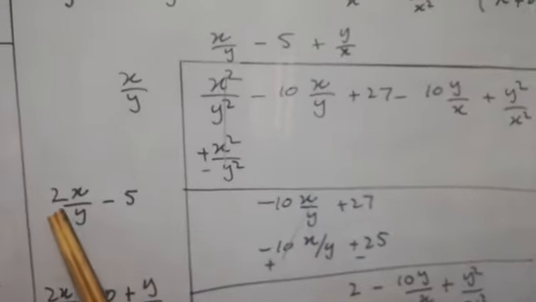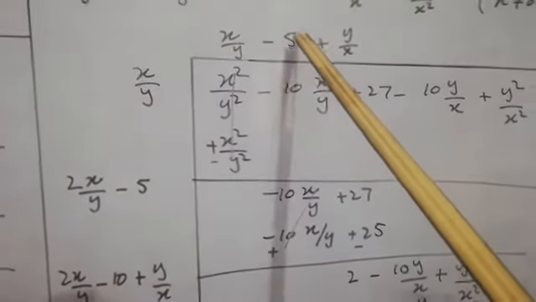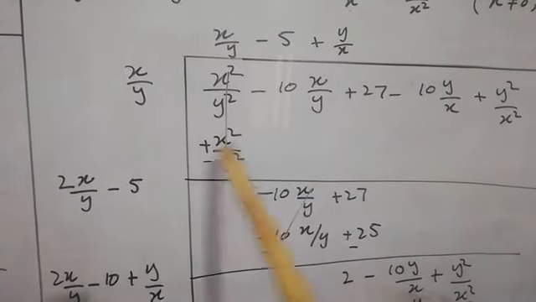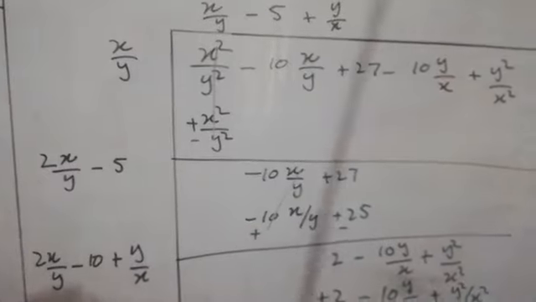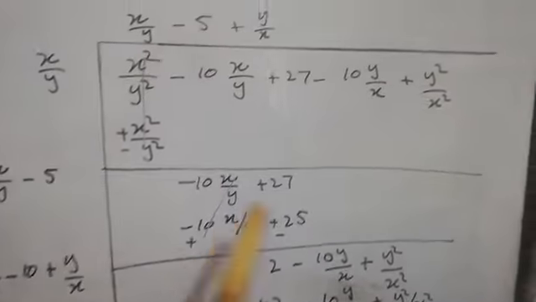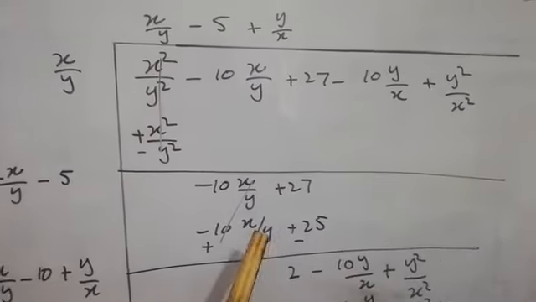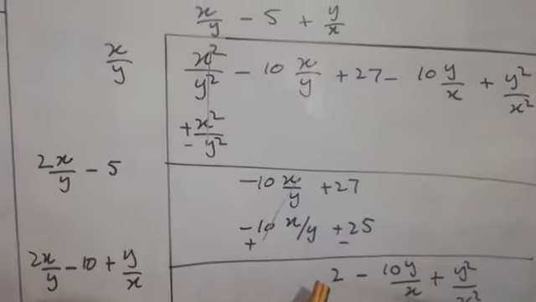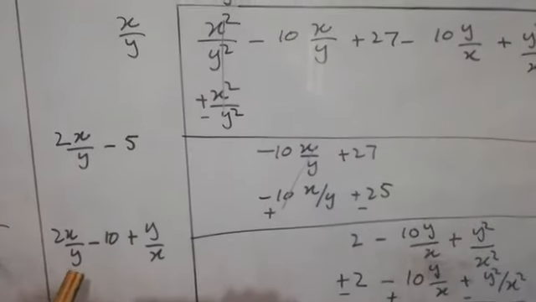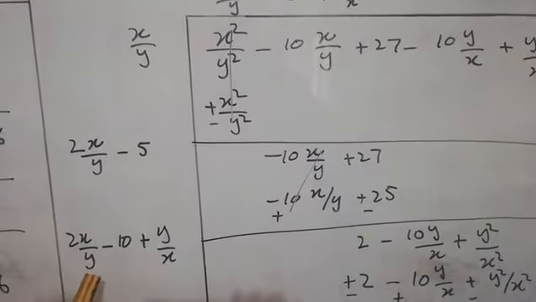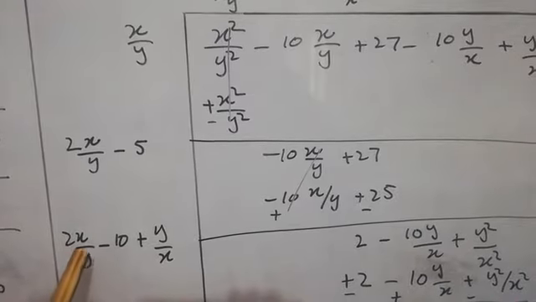And one thing more, my dear students, this is 2, when we multiply 2 by 5, then we get 2 5s are 10x/y. And minus 5 minus 5, 5 5s are 25. These will be cancelled and 27 minus 25 is equal to 2. Write the next two values here. Remember one thing, this is 2 and there is the value of 2x/y. What value will be multiplied to make it only 2?